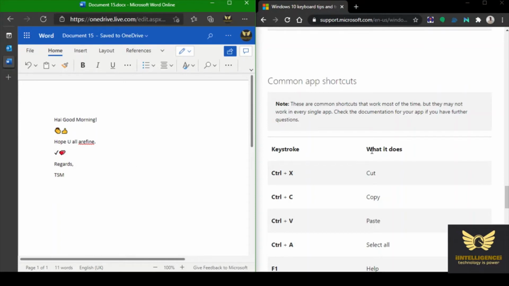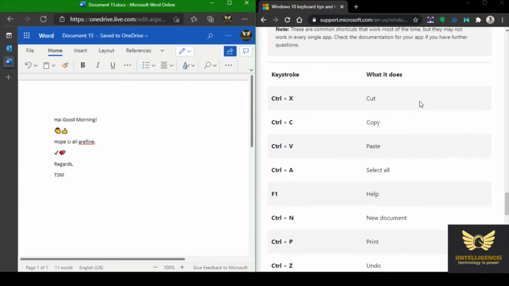Now let us see how to use these keystrokes. Control plus X and Control plus V. Now you see, hope you all are fine. I am selecting it, then Control plus X. It is cut.